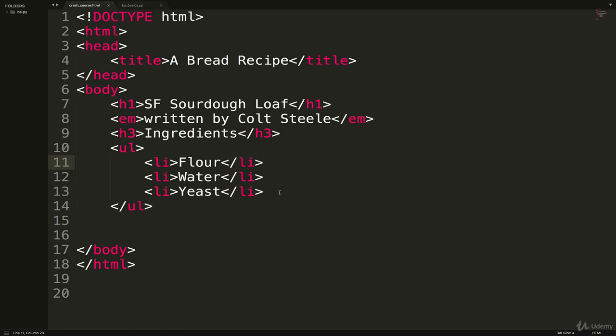Now, there are a ton of other elements, different tags that we can write in HTML. Besides italics and large text and bullet points, we can do things like add images and hyperlinks, all sorts of things, videos, many things that I can't even think of. There's like 100-something tags, I believe. So we're not going to go into them. All I want you to understand is that information is inside of tags.